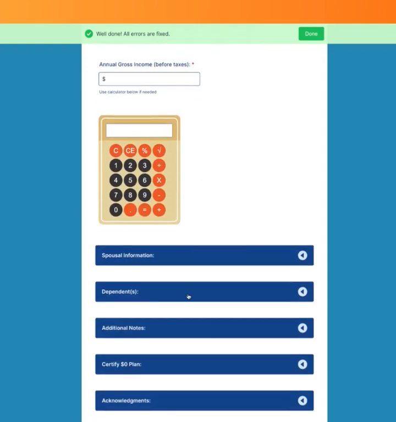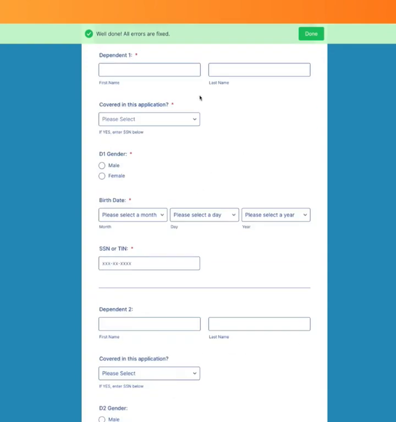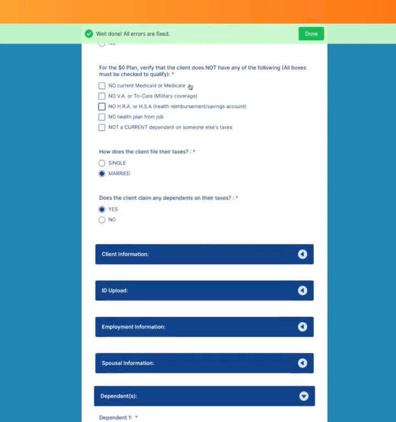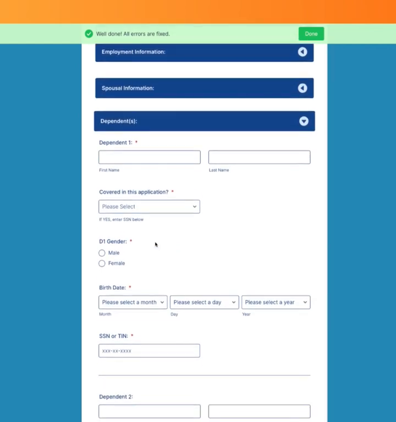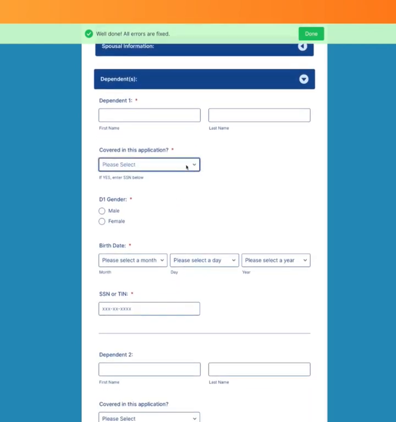Now we move into the dependent section. Same thing. If they click up here that they do have dependents that they file on their taxes, then all the information has to be filled out. The first dependent's information will go here. First name, last name. Will they be covered under this plan? Yes or no? Most likely it's going to be no, because all children under the age of 18 will most likely be on Medicaid. So unless the parent specifically tells you that they want their child to be included on this plan,